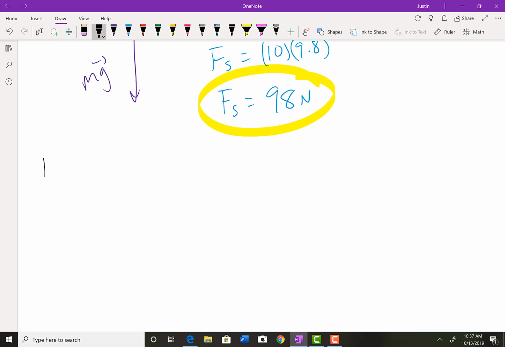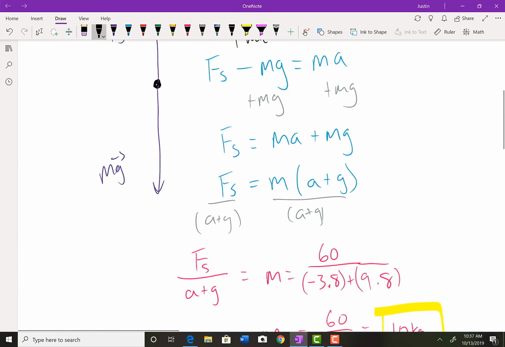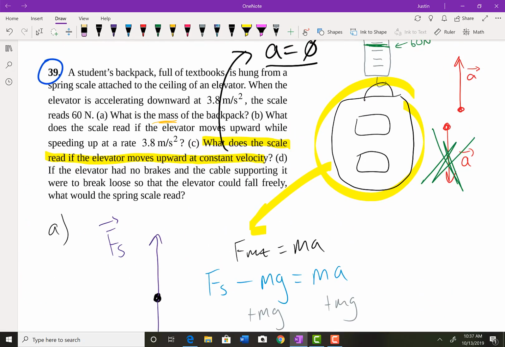Last question, part D. Says, if the elevator had no brakes and the cable supporting it were to break loose so that the elevator could fall freely, what would the spring scale read? So all elevators have emergency brakes so that they don't do this, but we're saying, okay, let's say that this happens. So basically the elevator is falling freely. What would the spring scale read? So if the elevator is falling freely,